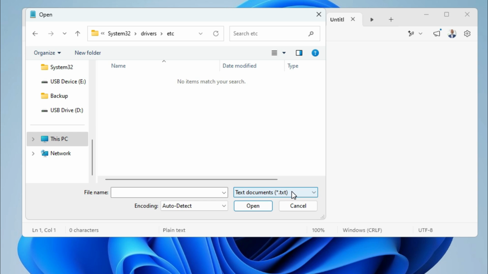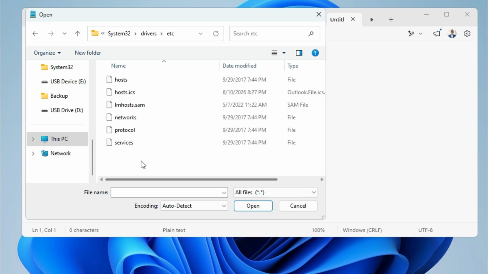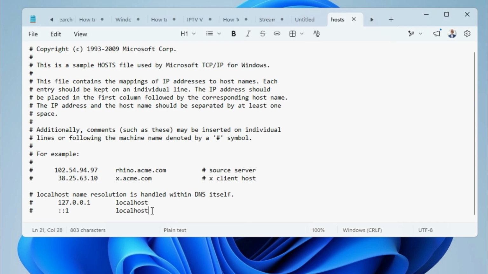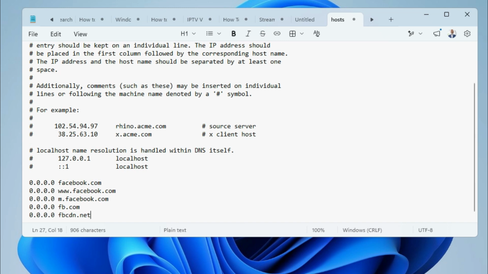In File type, click on the drop down menu and select All Files. Here you will find the Hosts file. Select the Hosts file and then click on Open. Keep your cursor below of this page and then type